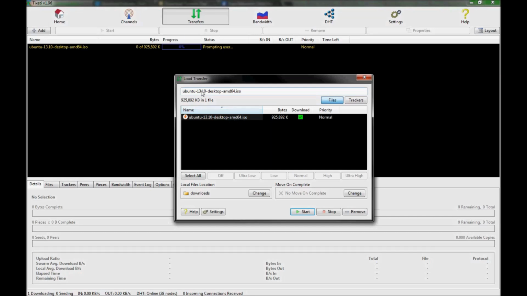So that file that we clicked is a .torrent file, and it contains the information that the file you want to download contains Ubuntu 13.10 desktop AMD64. And that's the only file within this torrent. If you get large photo packs, say, you will have hundreds of these, and you can choose to exclude them